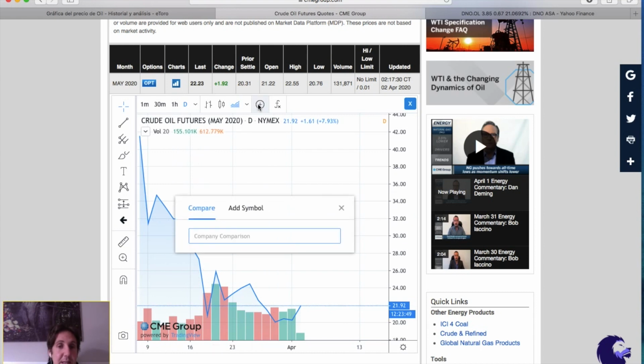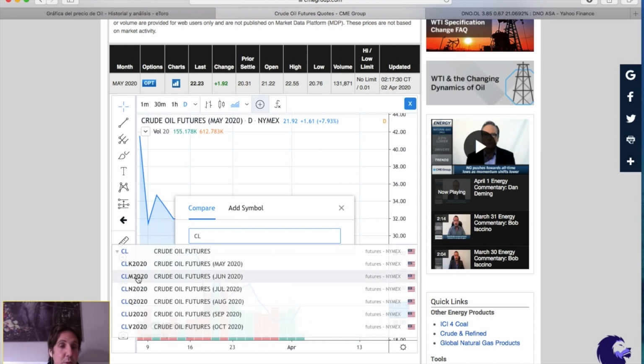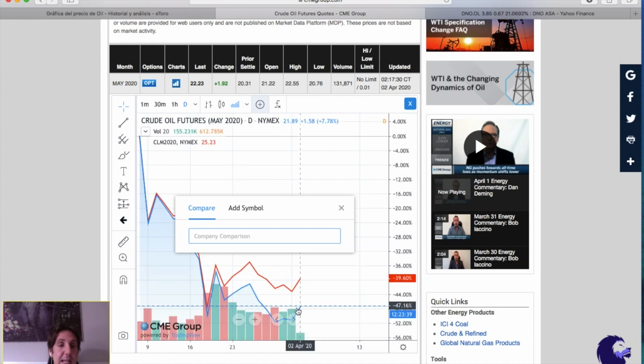Then click here, add symbol, put CL, and then here choose the next month. Example is the June contract. And like this, you can do your own research and look for when is a great time to enter the market again. This is one way you can see the contango and the backwardation